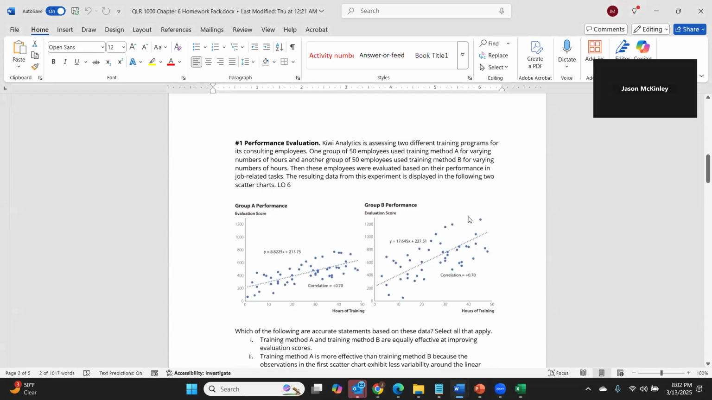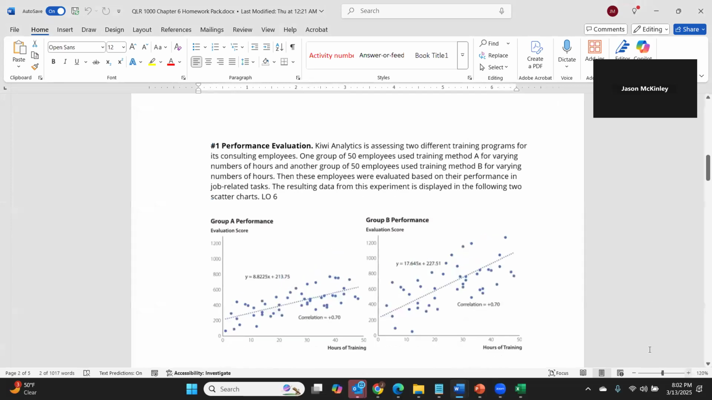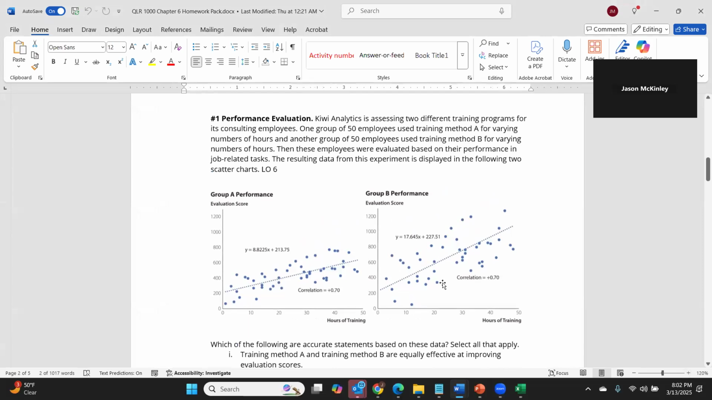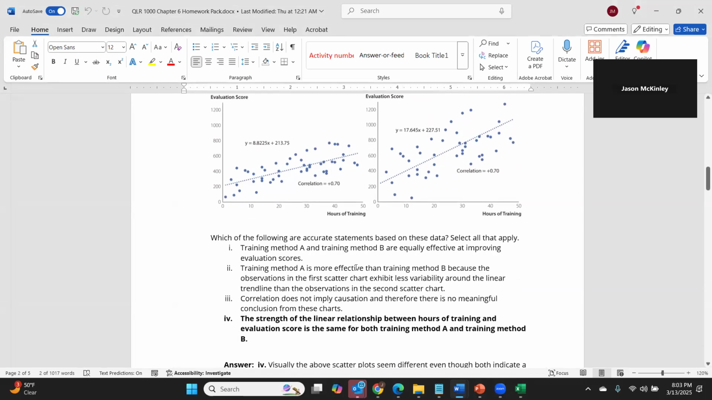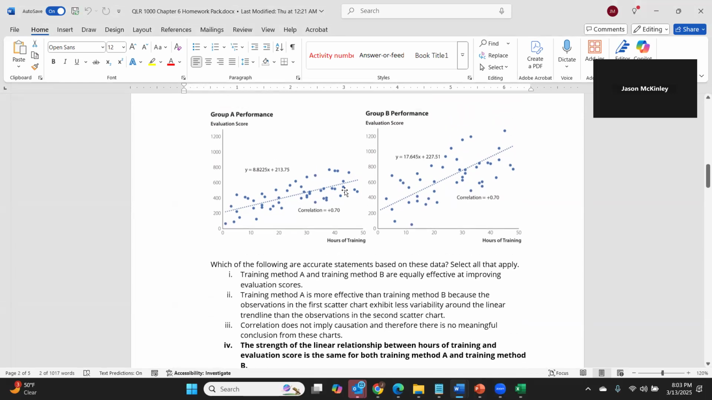that's the first question. Kiwi Analytics is assessing two very different training programs. And on the surface, these look correlated. There's a linear relationship. At first glance, I would even say that the training program that Group B went through had a higher success rate. Look at all these scores that are above 1,000 for their performance scores after being trained. So the trick, though, is as you read through these, there's several options. The right one is the strength of the linear relationship between hours of training and evaluation score is actually the same. And perhaps that's a little bit of a trick, but if you look on the graphs, you can see